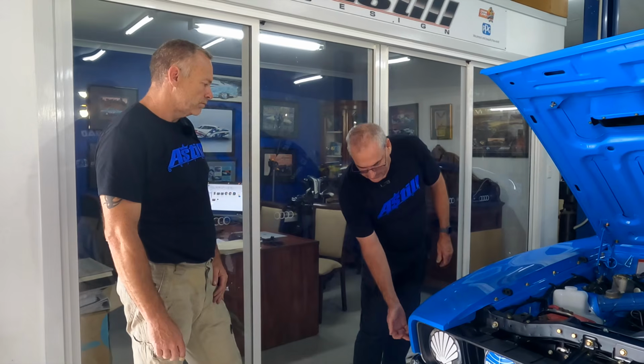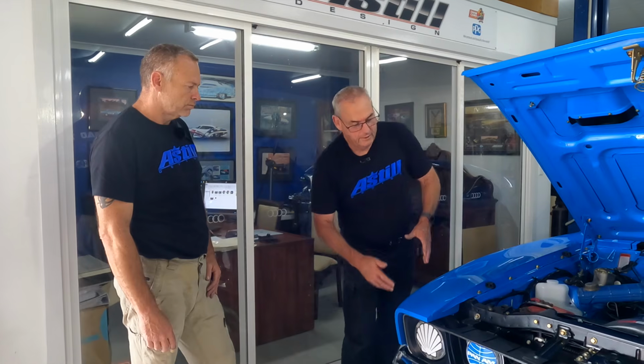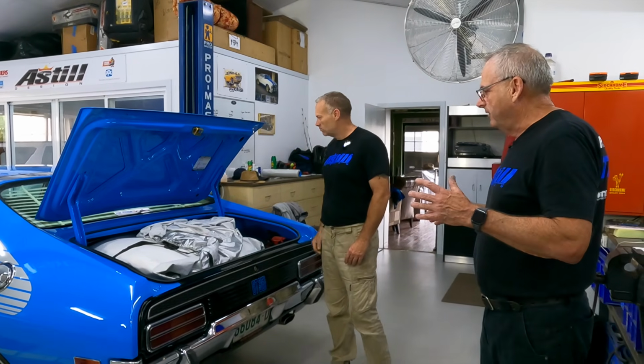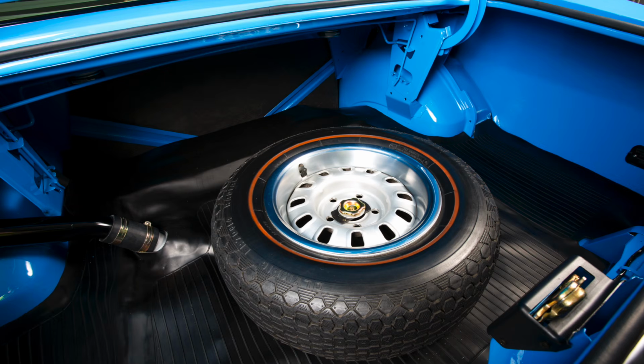But the difficulty is to get to that now, we've got to get in here, and to get in there we need the grill out. To get the grill out we need to get the bumper off, and we snowball. Righto, so in here you've obviously got stuff to do with the fuel, and clearly it is full of...